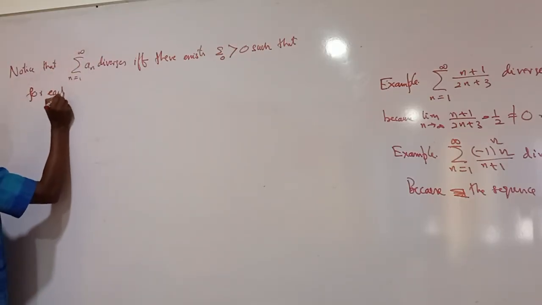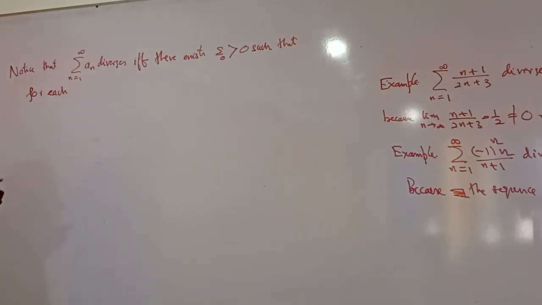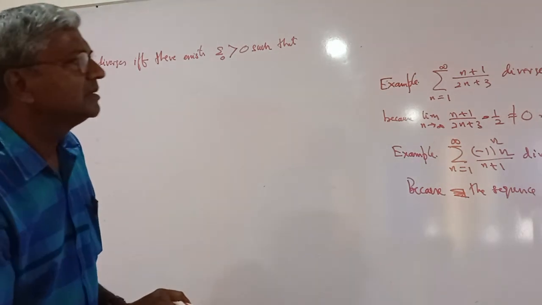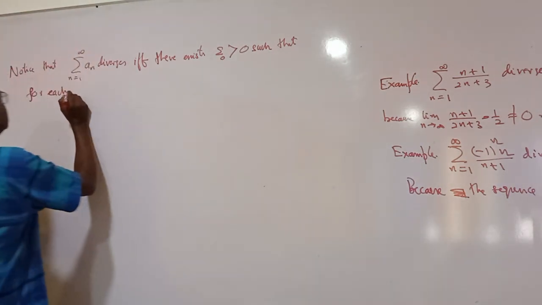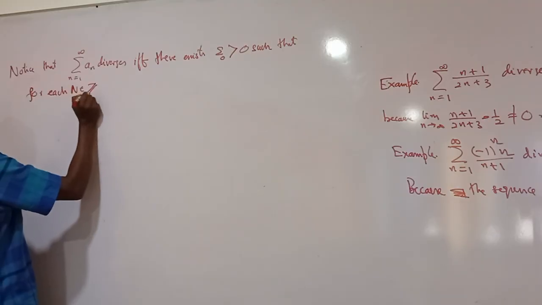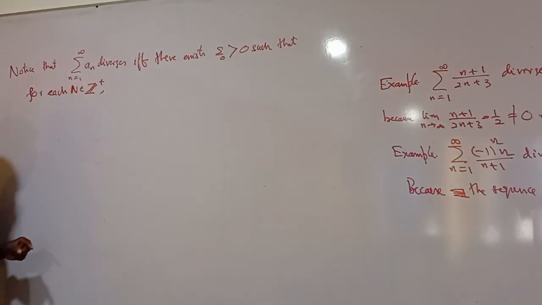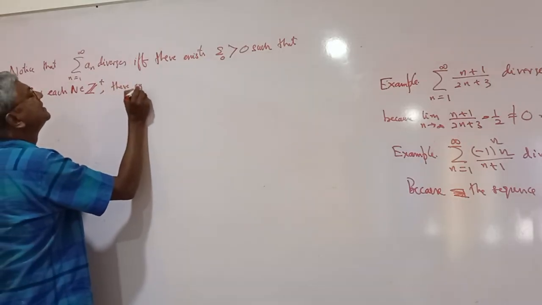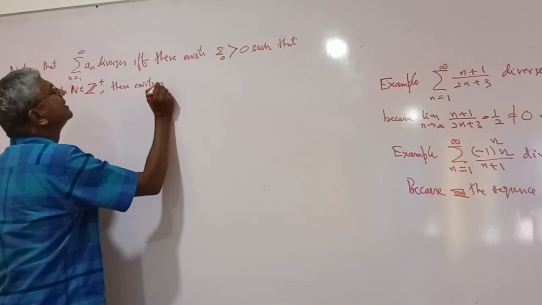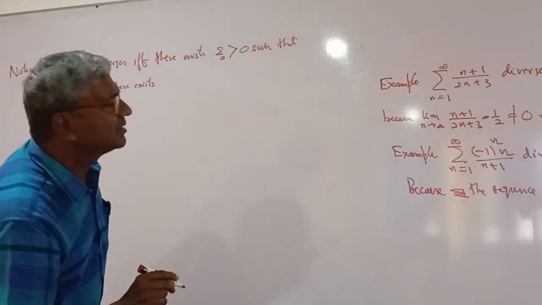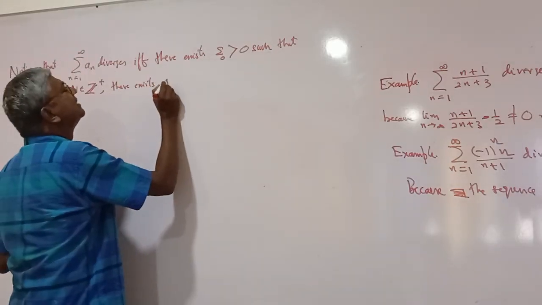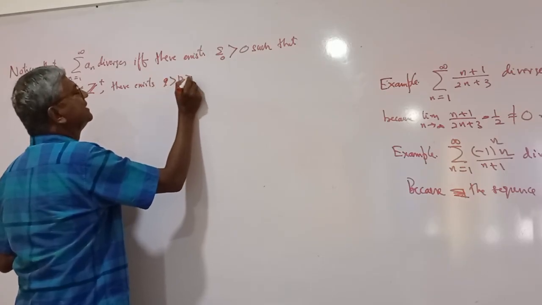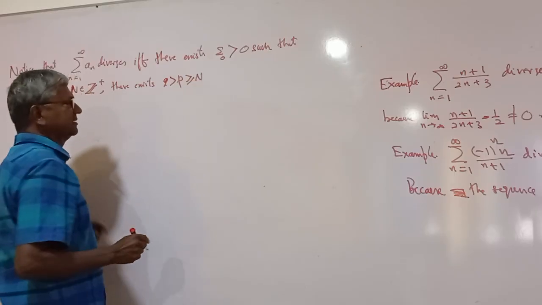For each capital N belonging to Z plus, there exist P and Q, with Q greater than P, greater than or equal to N, such that